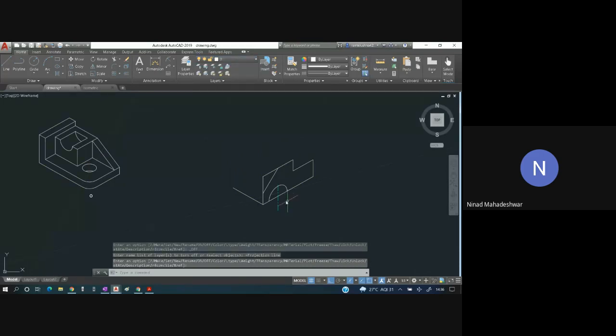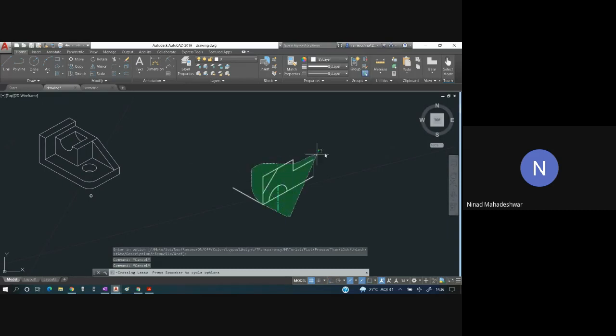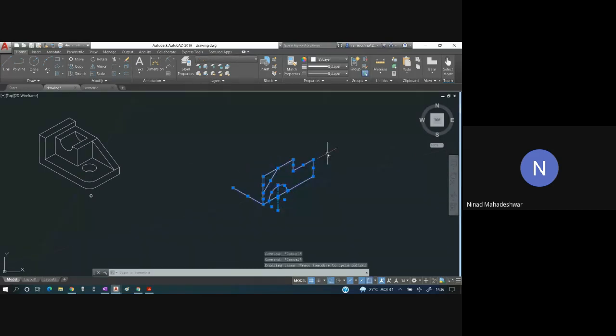I'll select the entire front view, and I'm going to copy this from this end to this end. I have copied this, and this extra line should be deleted.